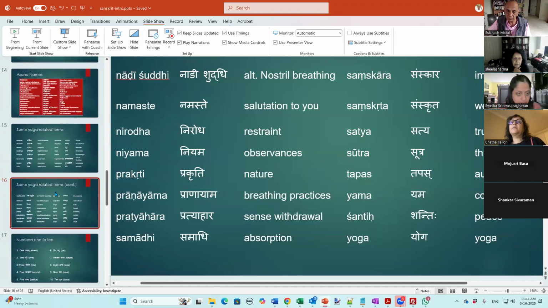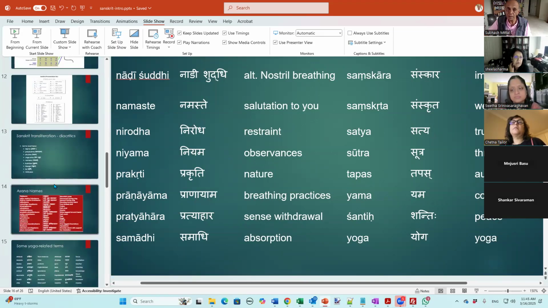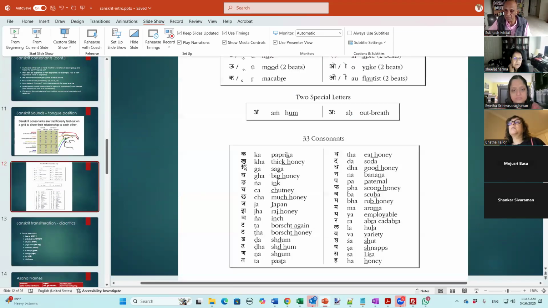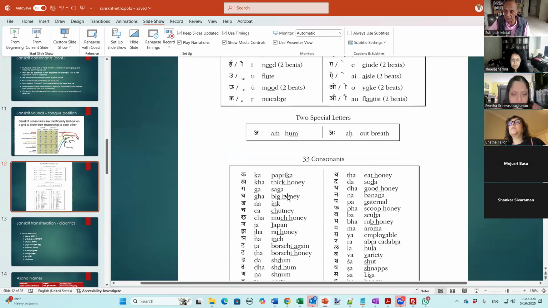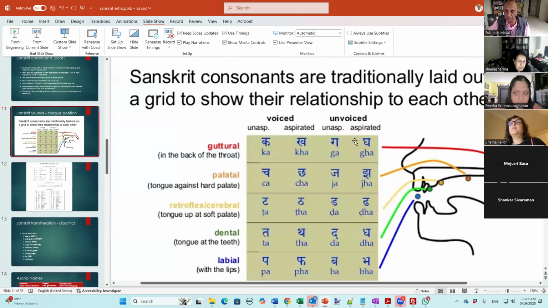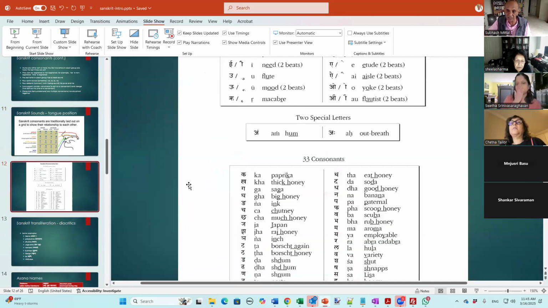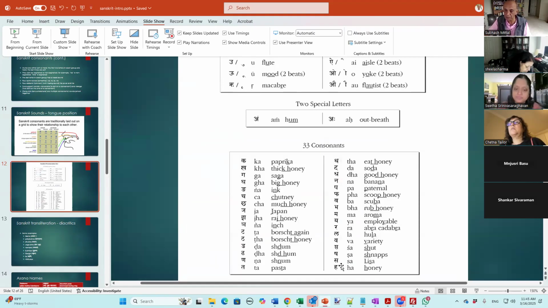Well, here it's showing 33 consonants and other places show 25. How many consonants do we have in Sanskrit? So you showed 33. These 25 are called the mutes, sparsha. But if you add all the others, ya, ra, la, va, sha, sa, they're all part of the consonants. So all the way up to here, that makes it 33.